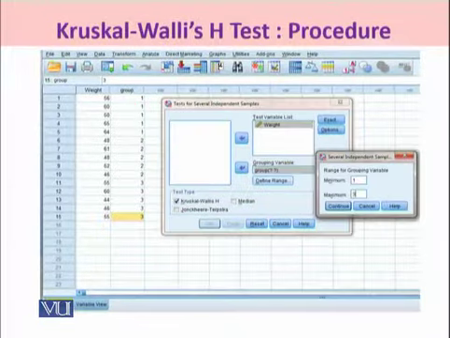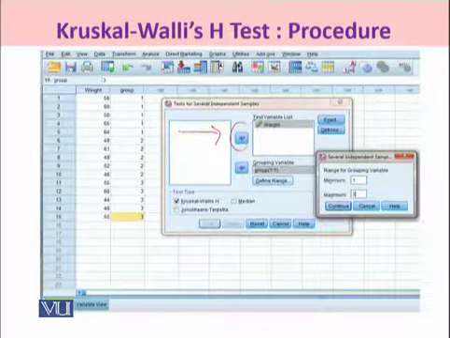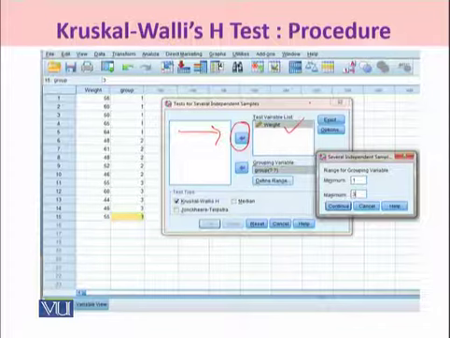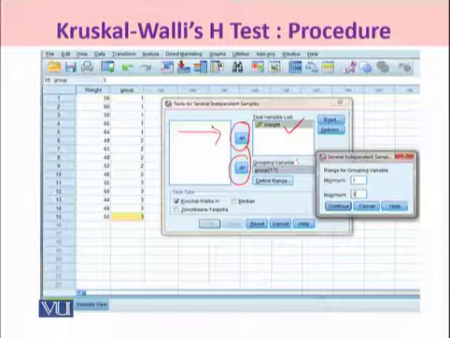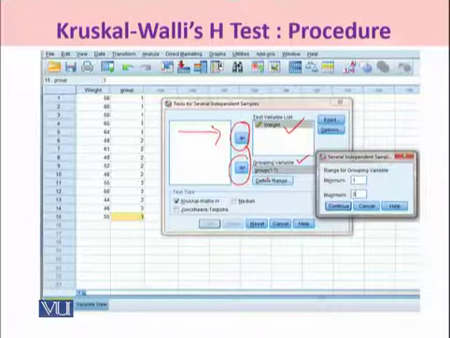Students, you would have to take this weight using the arrow button to the right under the Test Variable List. You brought it to the right side. The next variable was group, which was appearing on the left of this window. Students, you have moved it using the arrow button under the Grouping Variable. Once you have moved that, you can see 2 question marks showing. So you will further have to click on